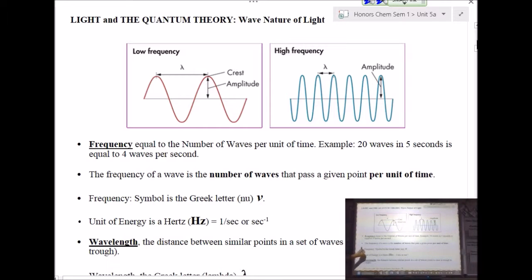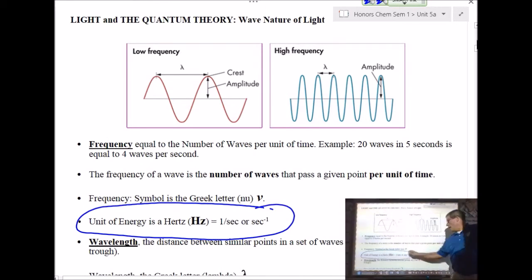Now the time that we're using is in seconds. So the unit is going to be 1/seconds, also known as a hertz. Now, some of you may have heard of a hertz from like Hertz Rent-A-Car or Hertz whatever. I don't know where they got that from, but